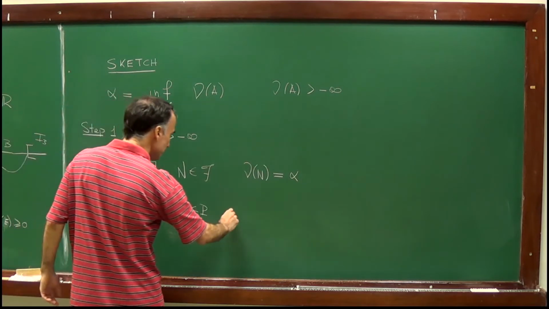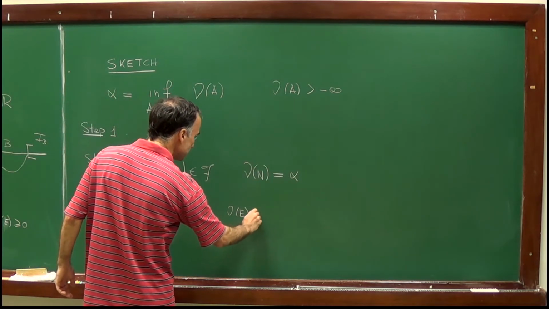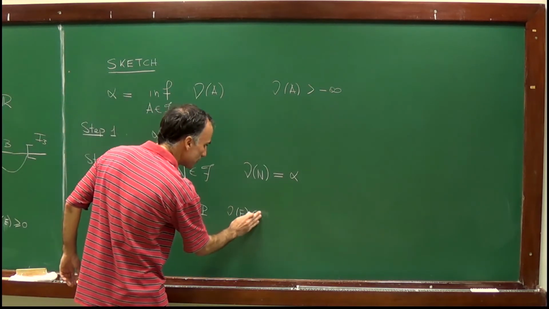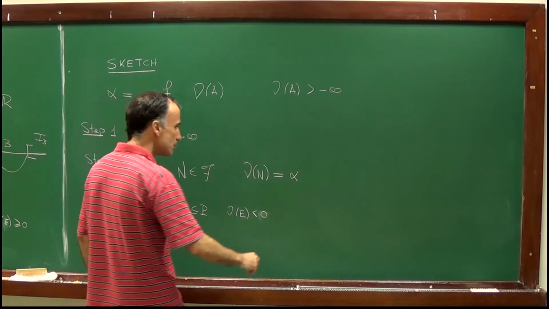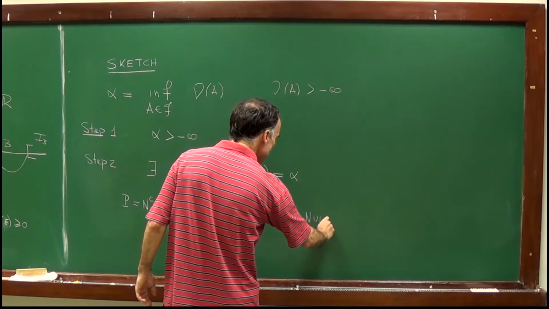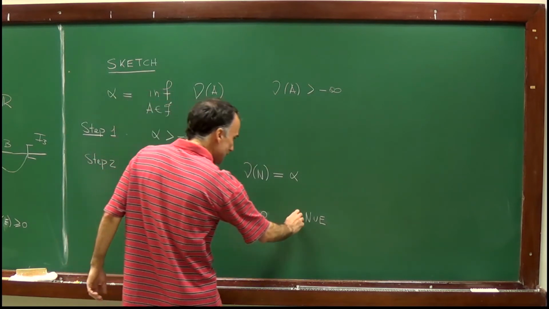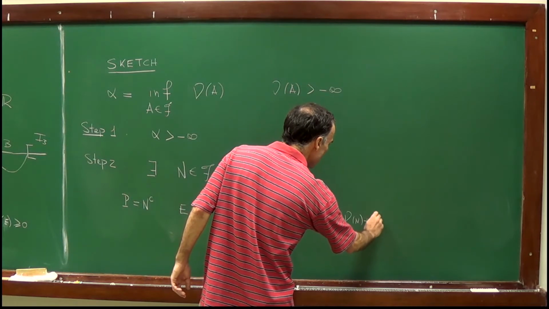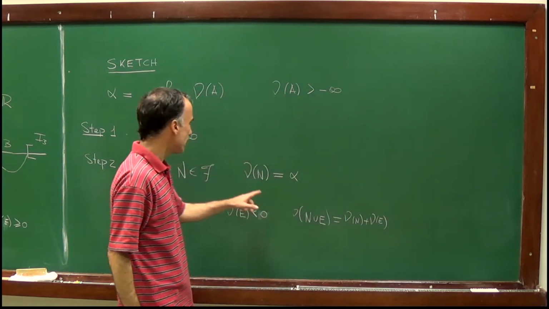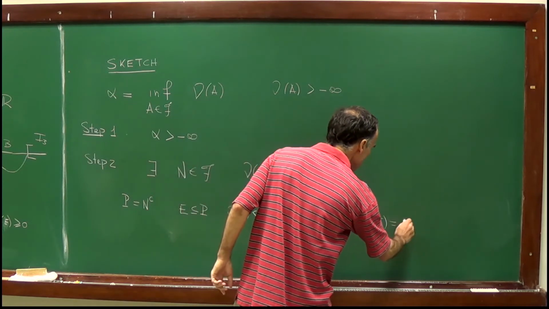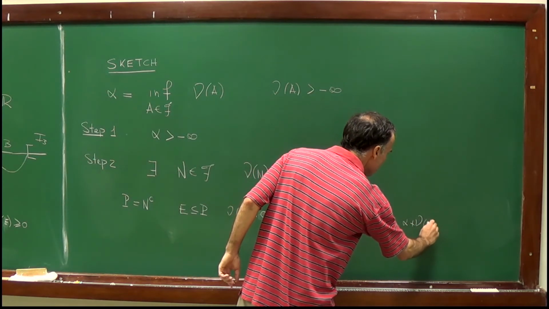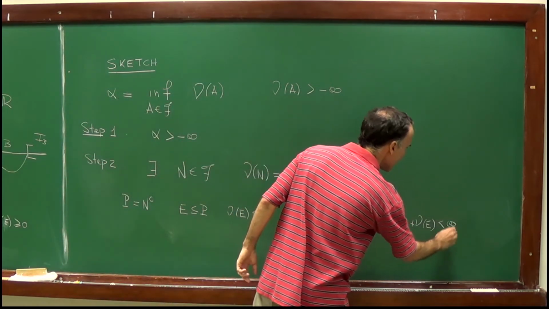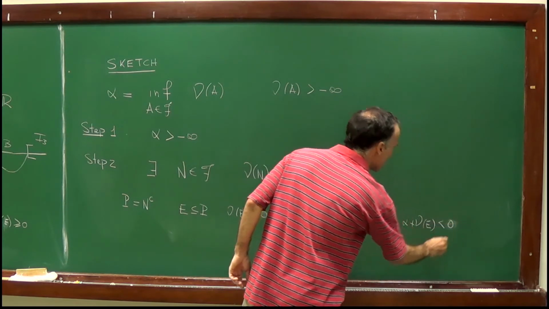Assume that nu of E is negative. Well, then if nu of E is negative, I can just consider the set N union E. By additivity, nu of N union E is nu of N plus nu of E. Nu of N is equal to alpha, and nu of E by assumption is strictly negative, so this value is strictly negative, and we have a contradiction